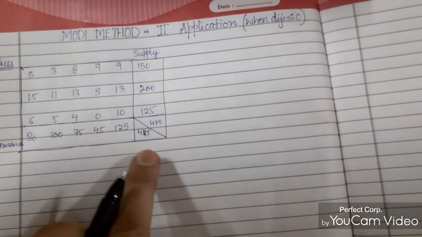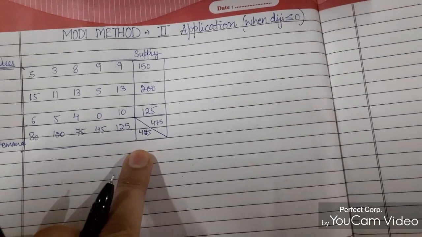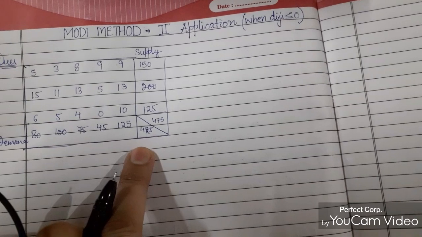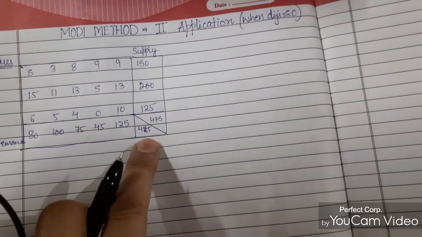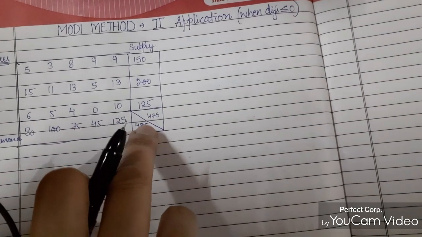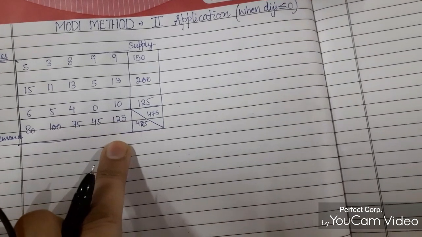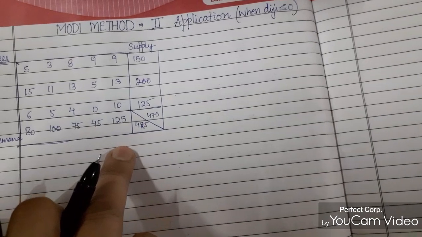As you can see, before solving any transportation problem, we first check whether the transportation problem is balanced or not. You can see here that the transportation problem is not balanced, as the supply and demand don't match. So first of all, we have to make it a balanced transportation problem by adding a dummy row or column, whichever is needed. So let's start.